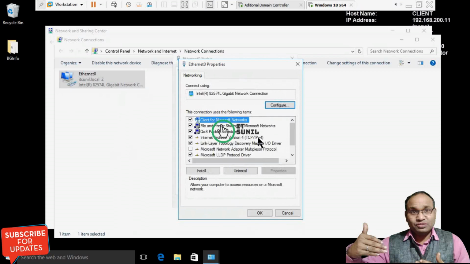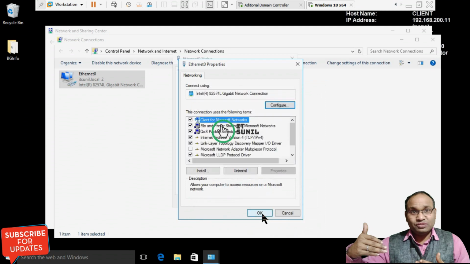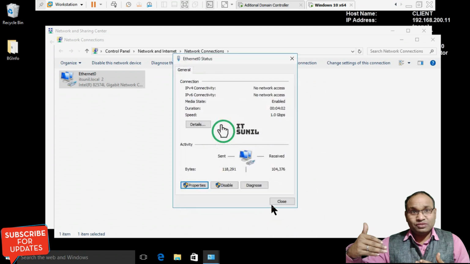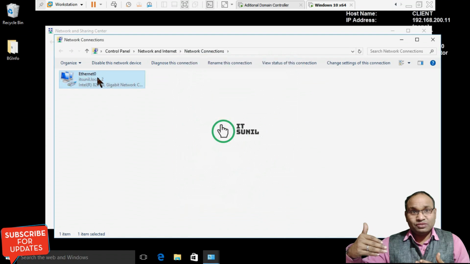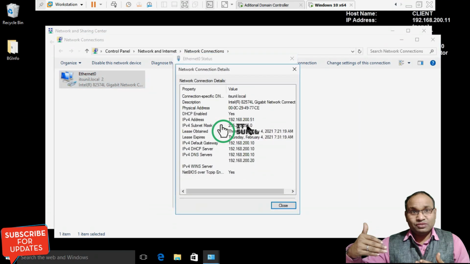Click on Internet Protocol version 4 and obtain IP address. Now we can see the IP address 192.168.200.51. This is my default gateway, and the primary DHCP server is 200.10.